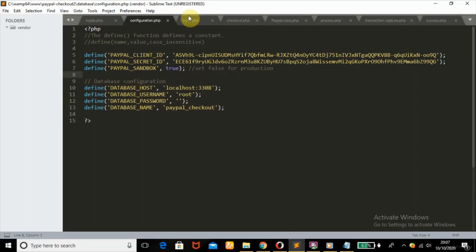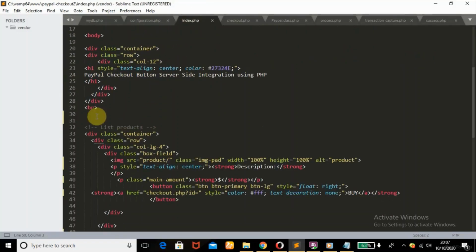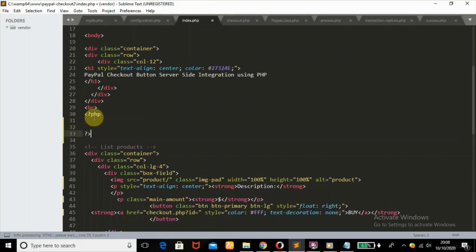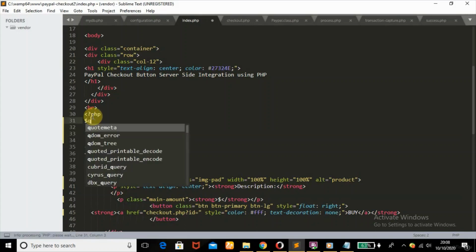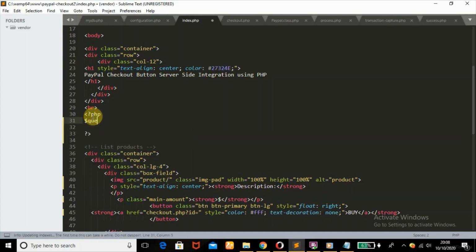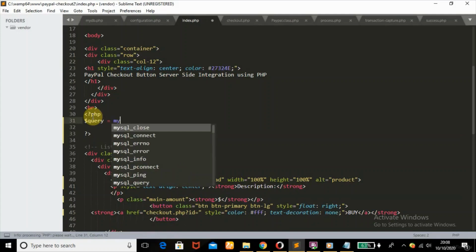I'll be heading over to my index.php. What I'll be doing here is fetching my products, because this is more like a shopping cart, a shopping website. So I'm going to fetch all the products I have from the database. I'm going to define a variable named query, then use my SQLi_query function,